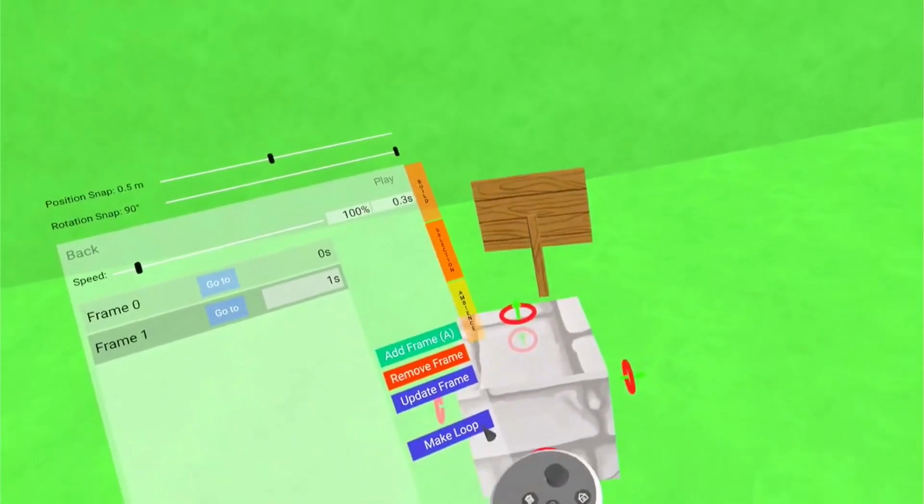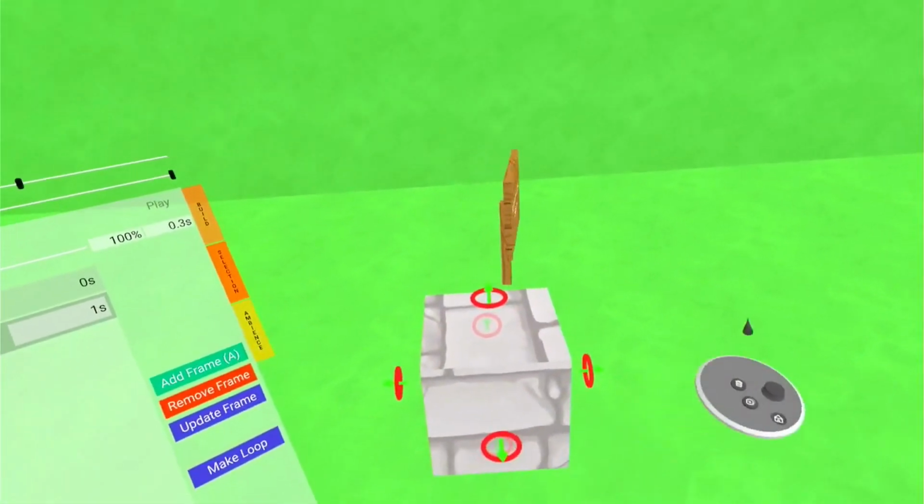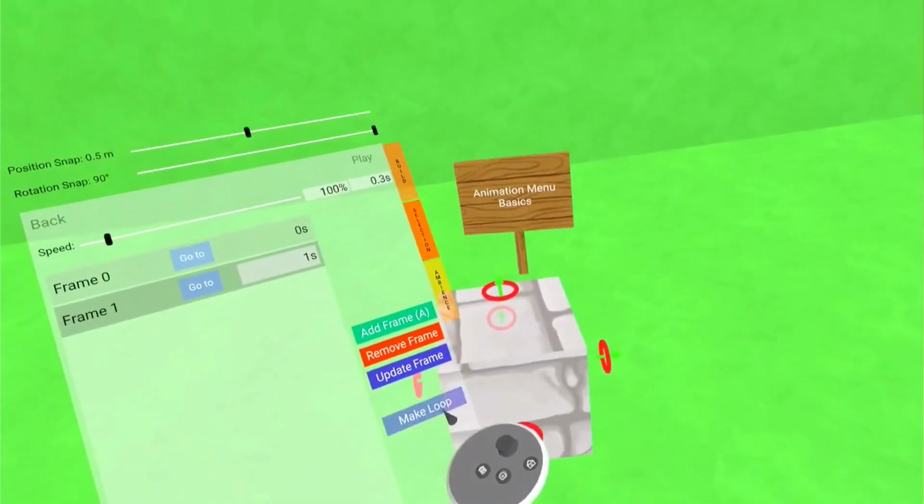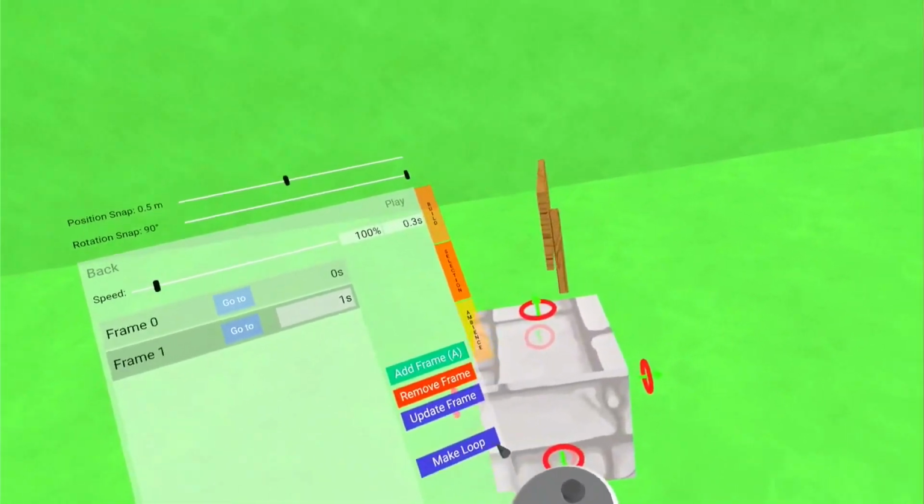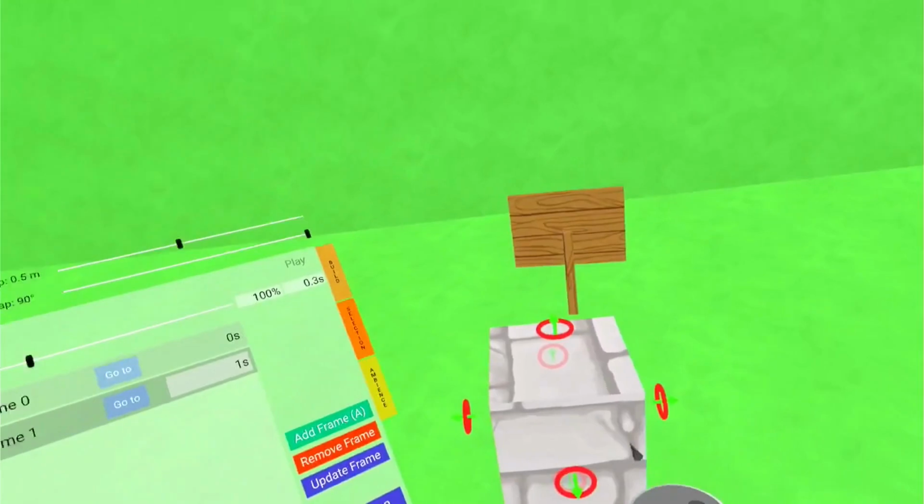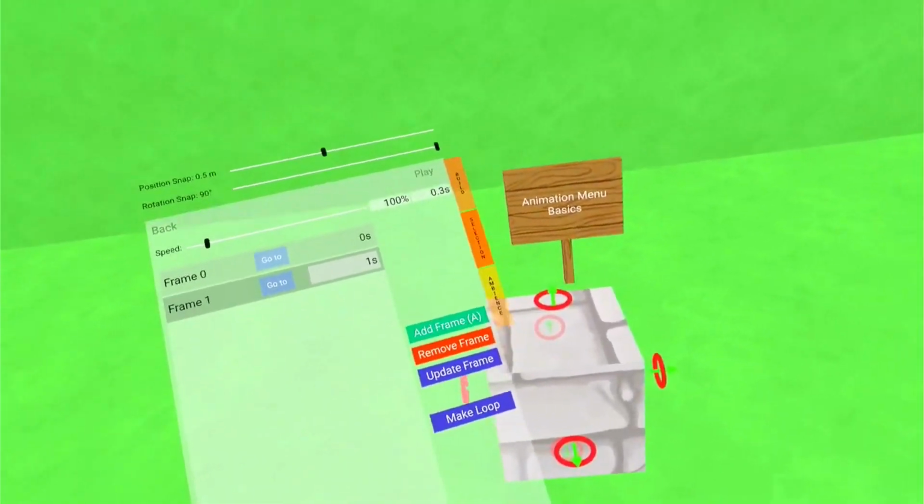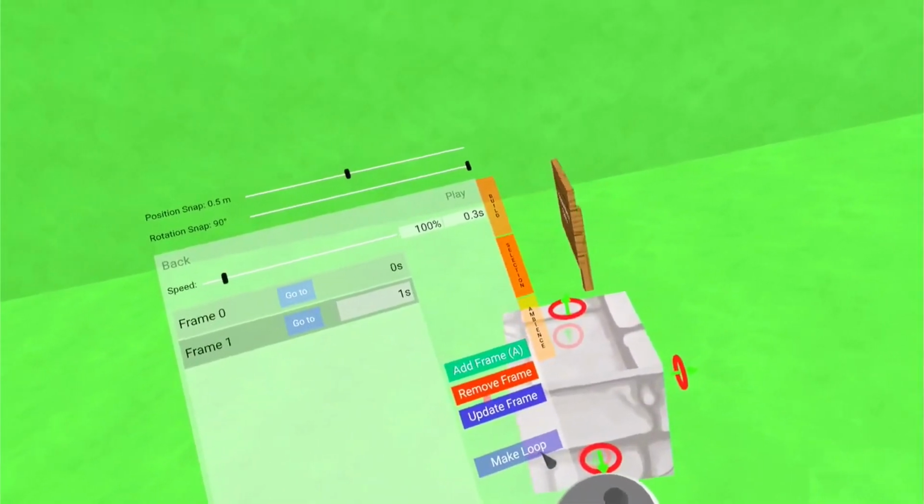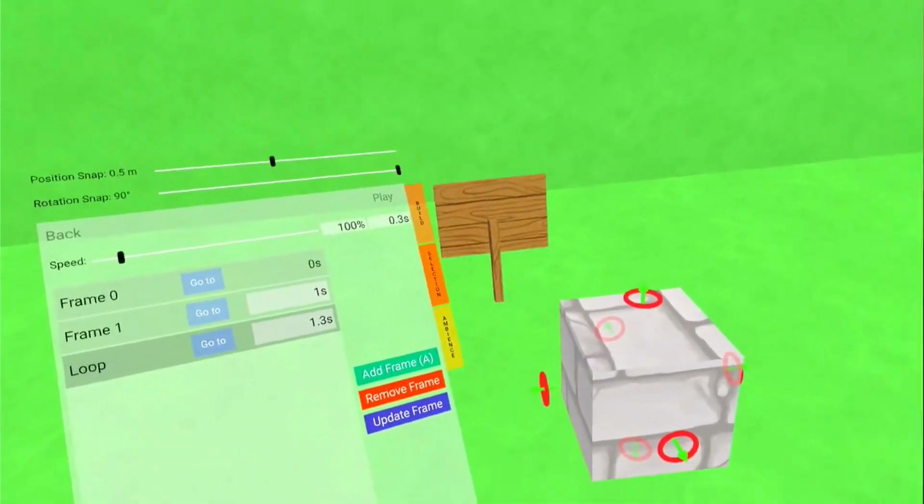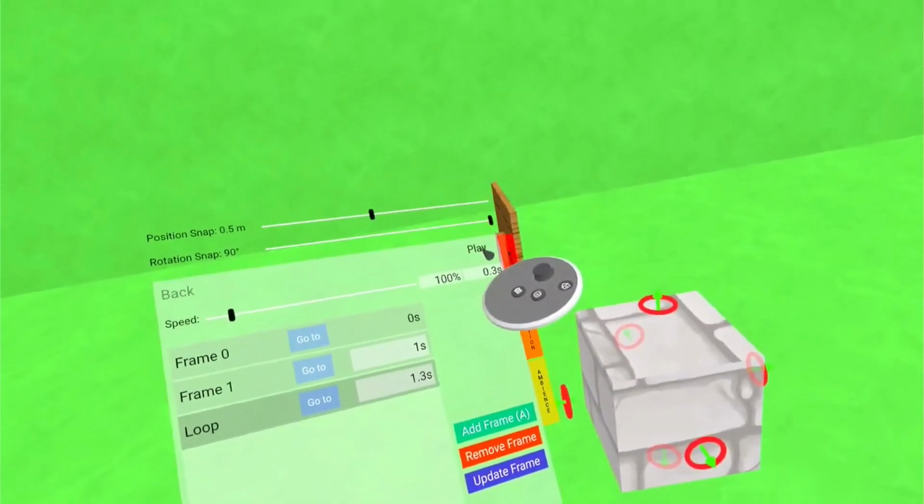Now, what I want is for this to repeat, to go back and forth. This is where make loop comes in, because it will close the position between your frame 0 and the last frame that you have. In this case, there's only 1, so when I say make loop, you'll see 2. And if I hit play,